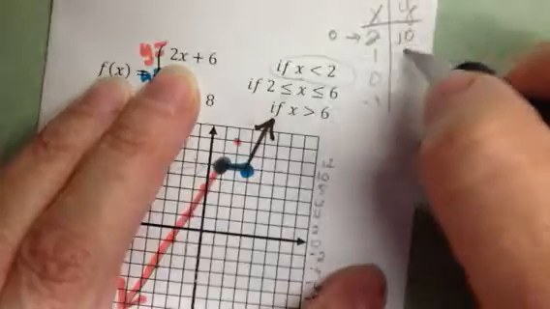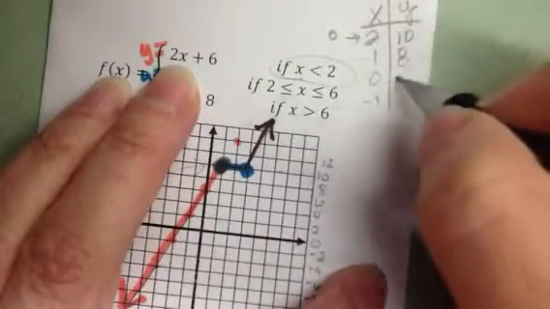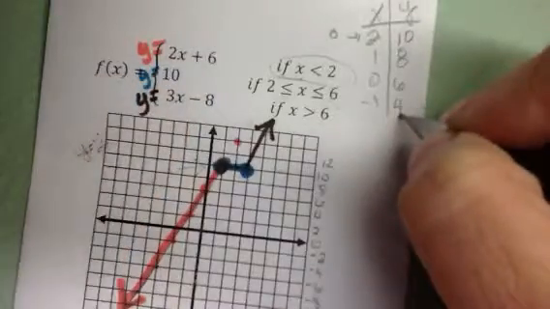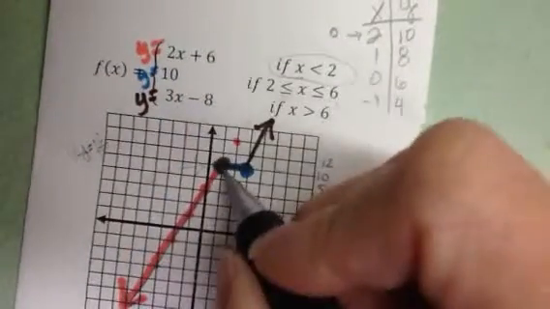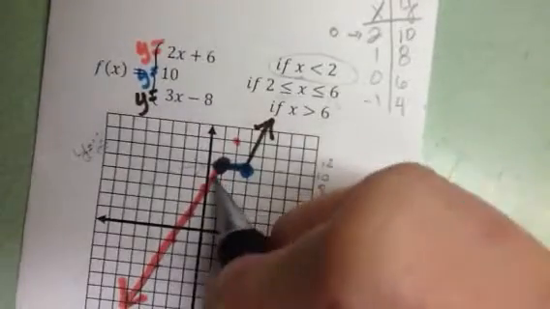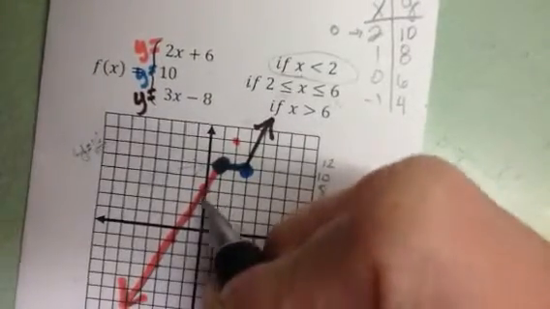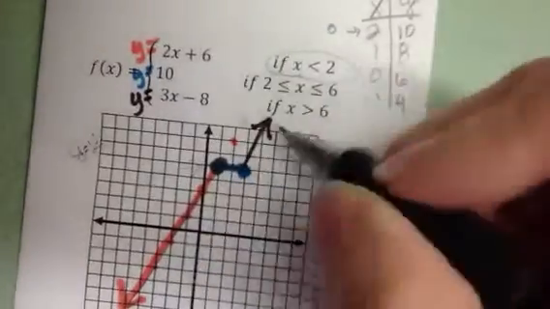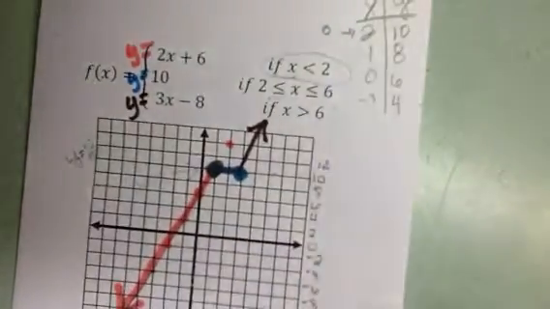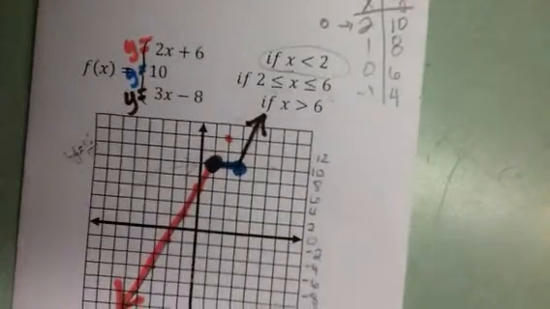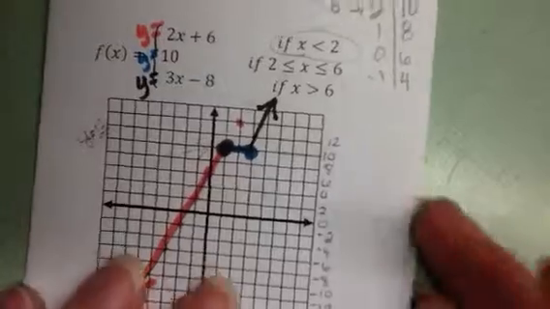And then I could put those values in here, and I would get 10, and 2 times 1 is 2, plus 6 is 8, 0 plus 6 is 6, negative 2 plus 6 is 4, and then I could plot those points, 2, 10, 1, 8, 0, 6, negative 1, 4, and you could make tables for each one of these to graph them. It's a little bit longer, but if you have trouble graphing, that's one way you can do it. Okay. The next example,